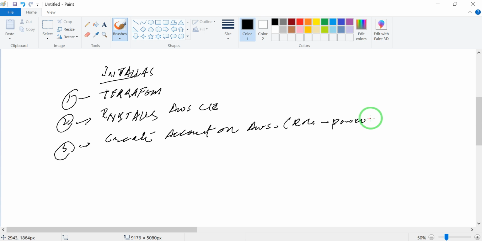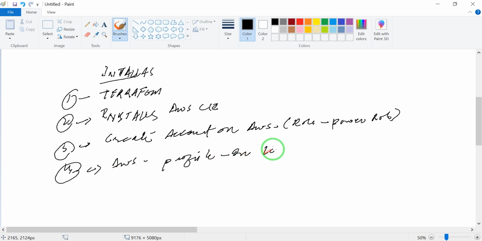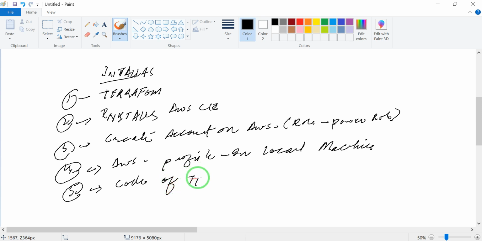Although it's not good practice for security, for testing purposes you can do it. Once it's done, you can configure the AWS profile on your local machine. Once it's done, you can write the code of Terraform, so you can achieve it.